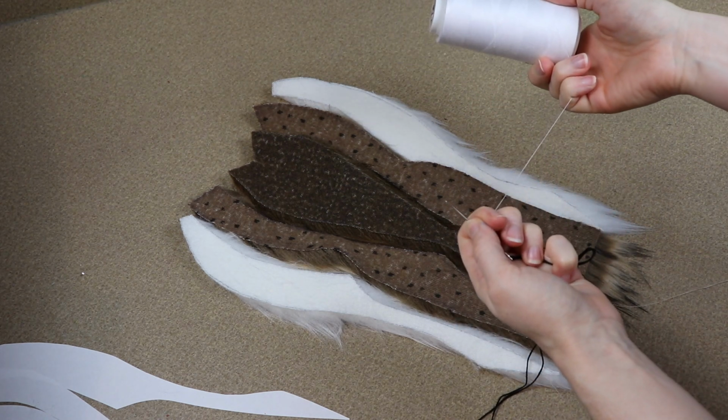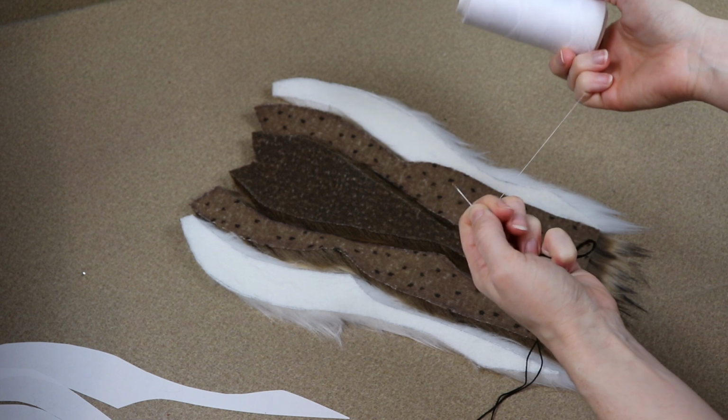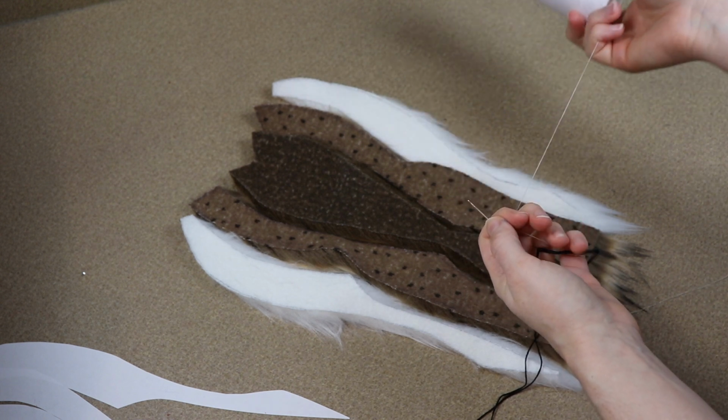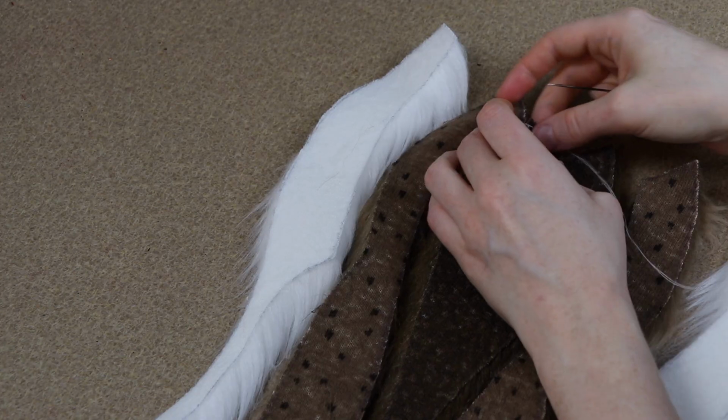This is what I usually use in my sewing machine, and it's a lot thinner, but it's really strong, so I think it'll work really well for this, and I might just switch over to using this in general. So when it comes to